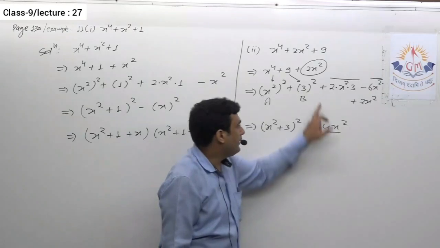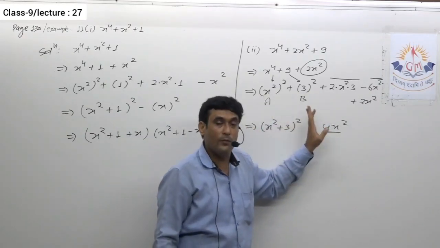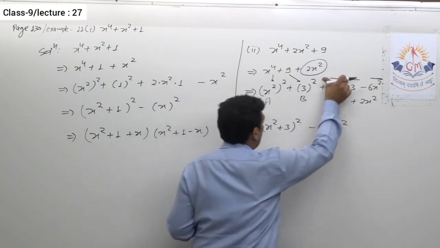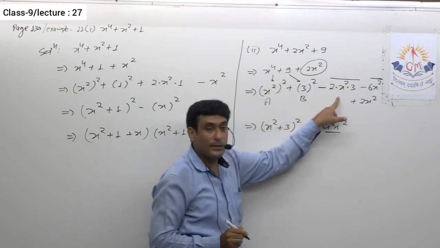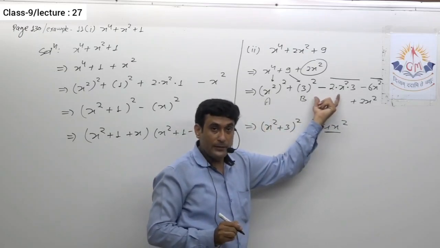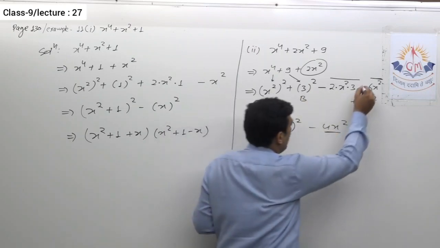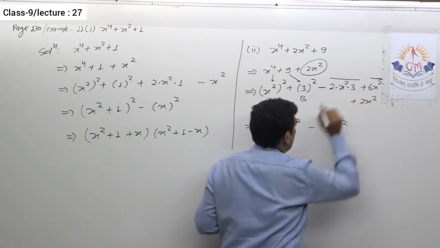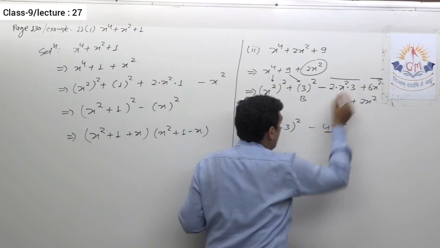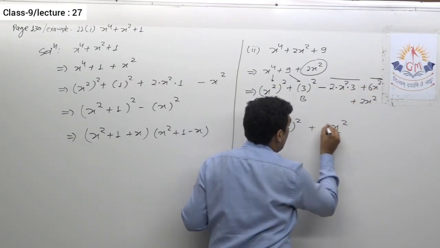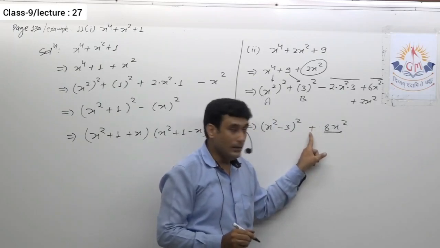Now for a while, suppose instead of converting the first two terms in the form of a plus b whole square, I try to convert it into a minus b whole square, so here I will take minus 2ab. Now as I subtracted this much, meaning 6x square, to complete the identity, here I have to add, and then I write this. If I do so, definitely here I do get a complete square, but what will I get here? Here I will get 8x square, which is, first thing, not a complete square. Second thing, it is a positive term.